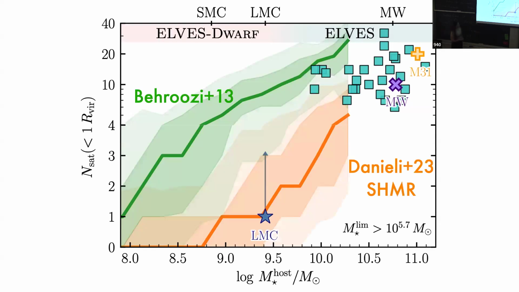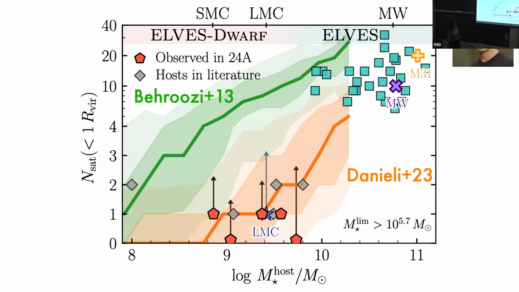So these are two predictions. This is one prediction using the stellar to halo mass relation that we got from the ELVES, and this is the Behroozi 2013 prediction, and these are our very preliminary results, all done by Joshua and Lee, a graduate student at Princeton. He eventually is going to have about 40 of these hosts. But so far it seems like the stellar to halo mass relation we constrained from the more massive hosts in ELVES predicts really well the satellite population for lower mass, dwarf mass hosts.